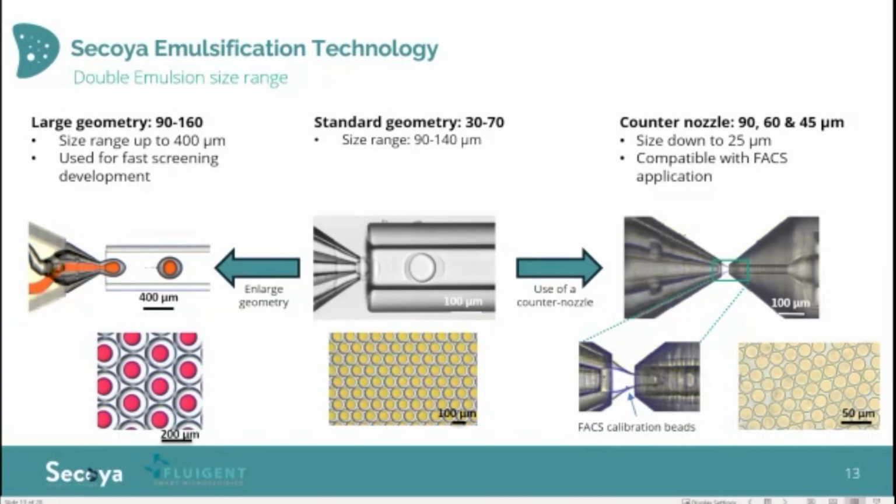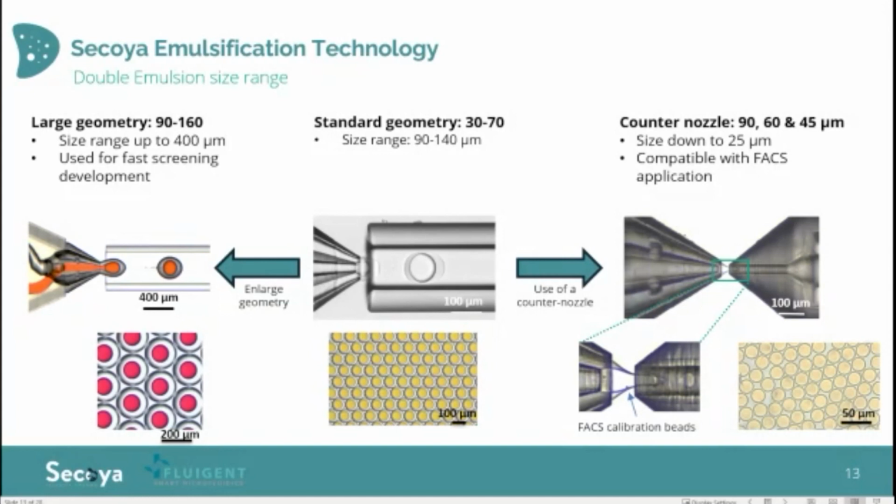The next question is about the rate of droplet formation. It will depend on the size of the droplets. If you work with very small droplets, for the same flow rates of droplet phase, you will have a very high rate of droplet formation. In some experiments, we reach kilohertz of droplets of 30